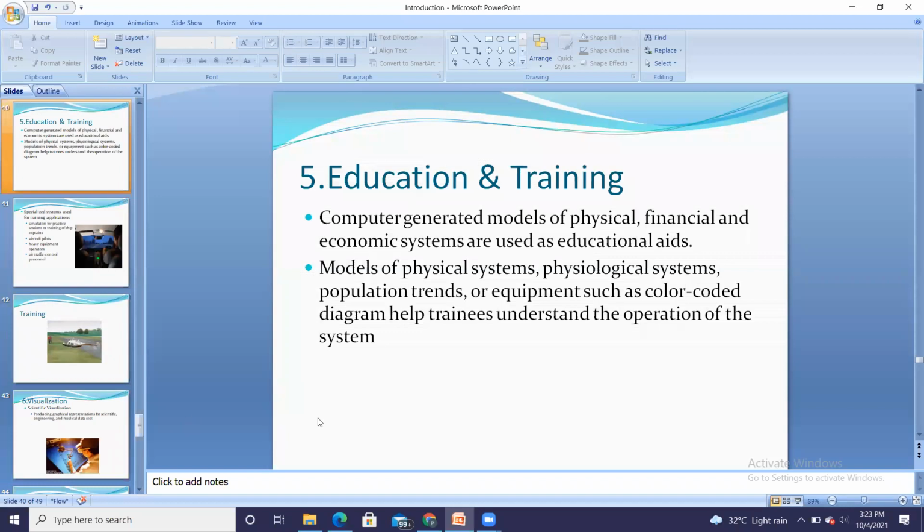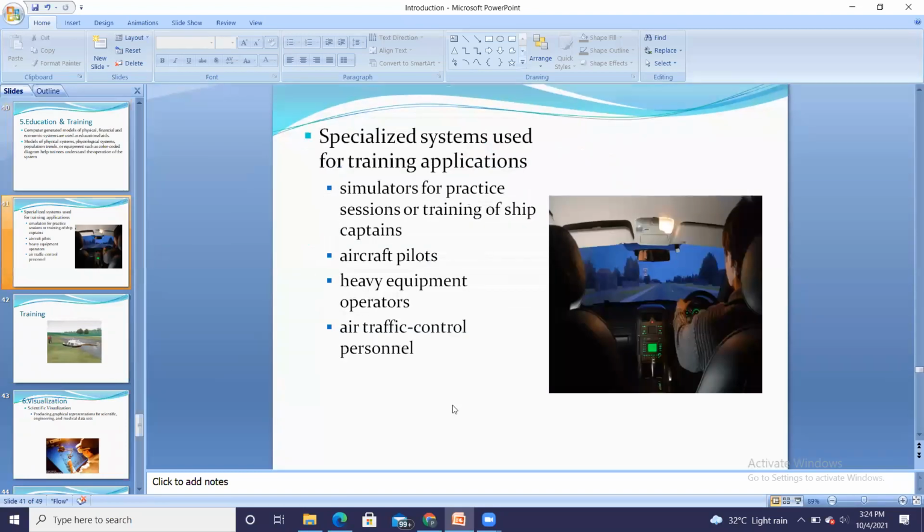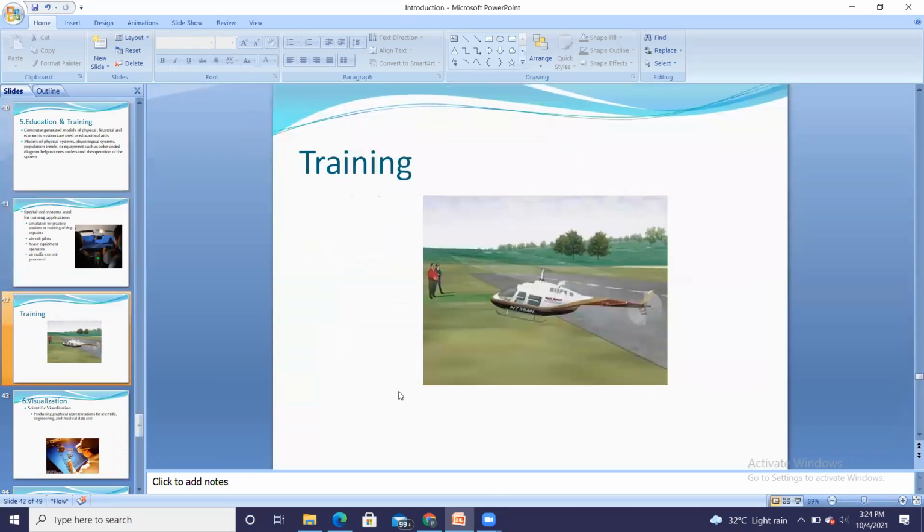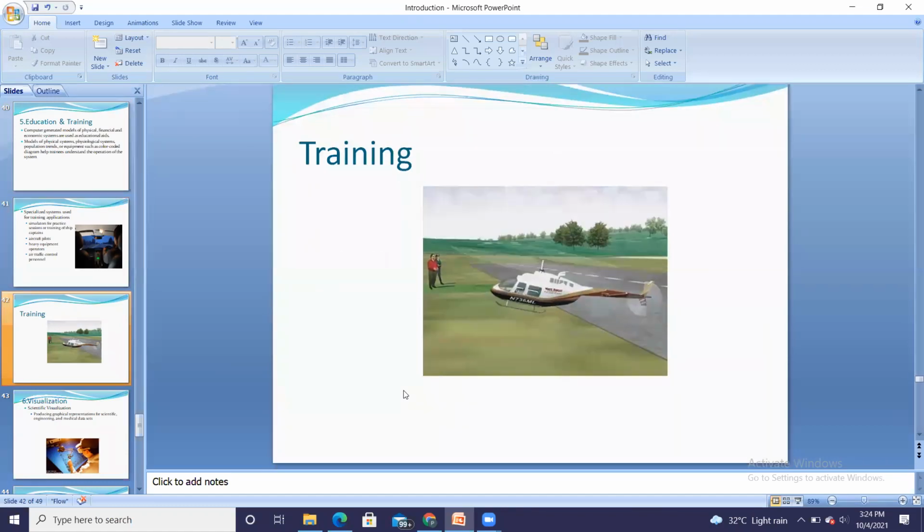Or you have seen the simulation of a car. While learning to drive a car, initially they provide a simulator where you have to judge the road and all. So education and training can be given by making use of computer graphics, for aircraft pilots or air traffic control and all. So that is done.